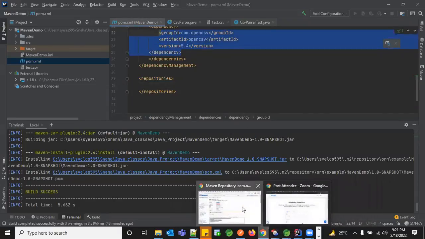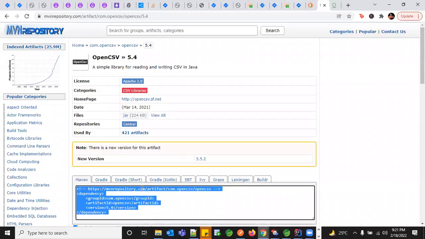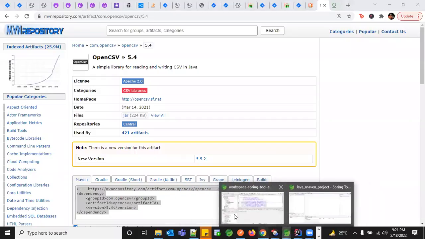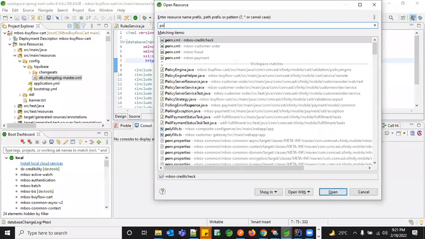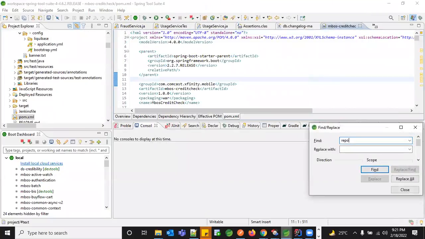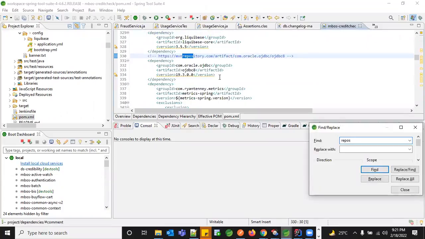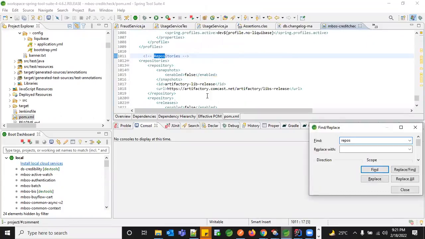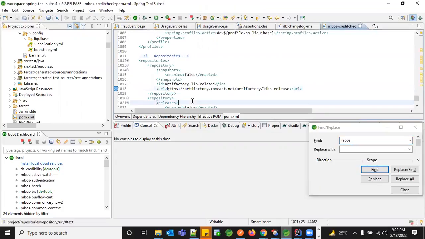So if you see here, this is coming from mavenrepository.com. But if you see internally in my pom.xml files, those are getting downloaded from something called artifactory.comcast.net.